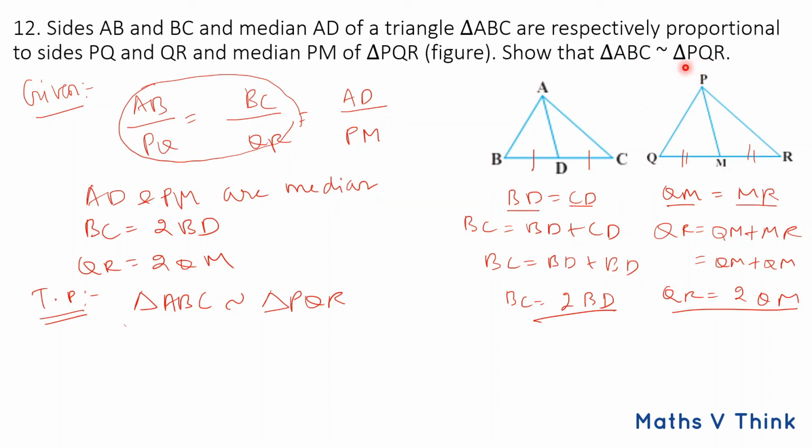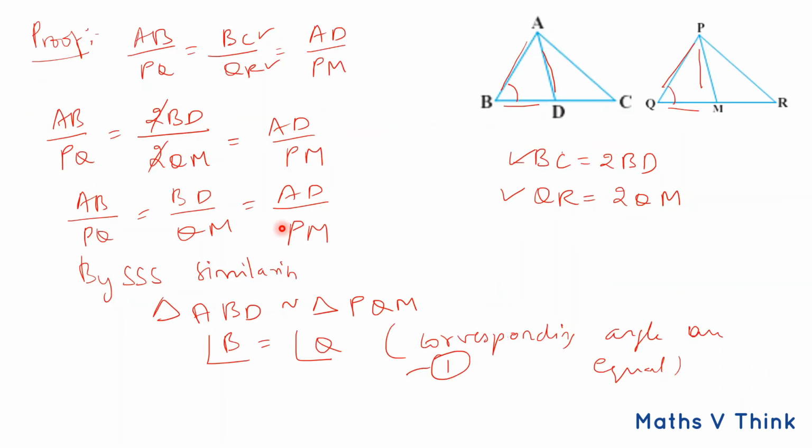In these two triangles, you see these two sides are proportional. So when I prove this one angle is equal, so can I tell by SAS, I can tell that both triangles are similar. So to prove this one angle,